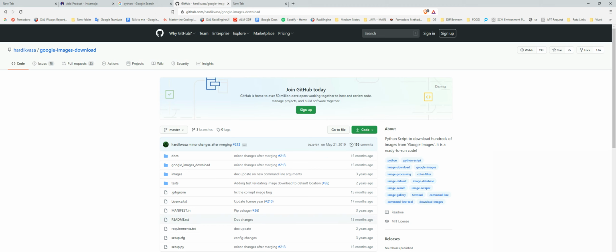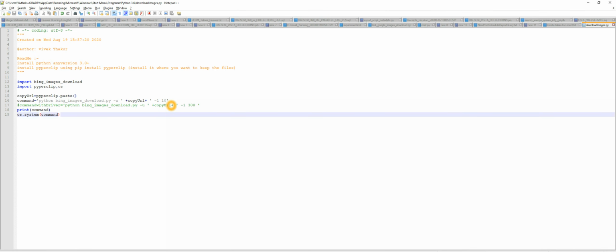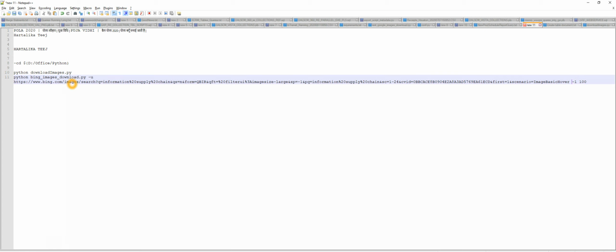Let me tell you what I'm saying. If you see this, this is your Bing Images Download.py program, and you have to call it like this. Okay, guys who are not developers, this is a developer-friendly discussion, so please wait. Please wait. This is a thing you have to copy and paste. No development is involved here. Okay, I am going to make it super smooth for you.